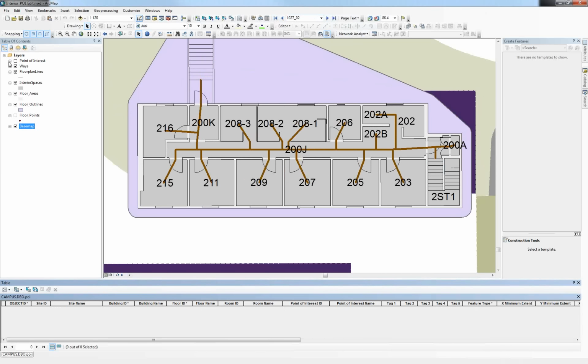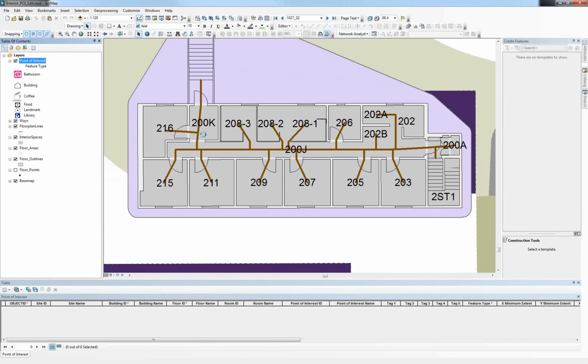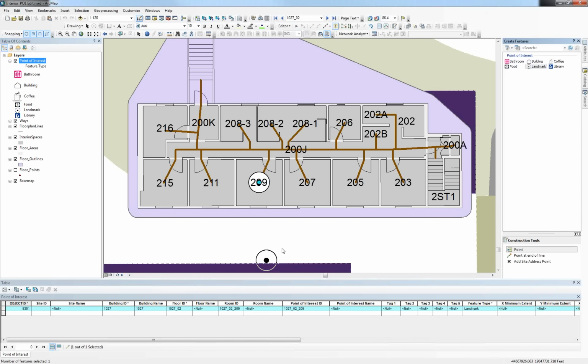When it comes to editing, this is where it gets real interesting. So I've got a point of interest feature class, and this is actually what we're using for our navigation system right now until we get InVision up and running. I can go in and edit features, start editing. And right now I don't have any points of interest, but I can easily say, well, I want a landmark in room 209, which just happens to be my room, and we'll call that Aaron's room. And you can see that it's actually assigned the building ID, the building name, which is wrong, different issue, but